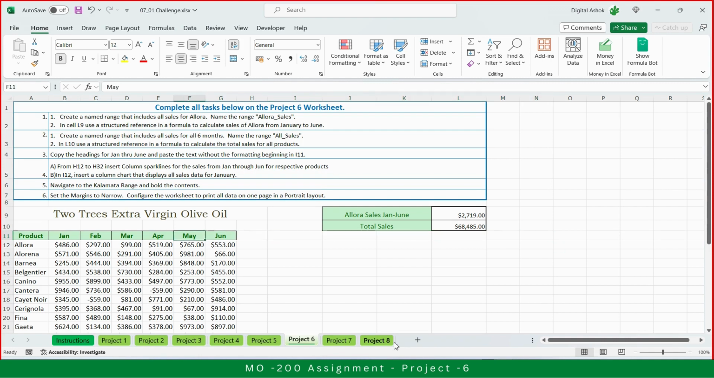So what we need to do? He is asking us to copy these things and paste from I11 without formatting. So formatting should not come. Only text should come while pasting. So I copied the data from here to here, Jan through June. I came to I11 cell,